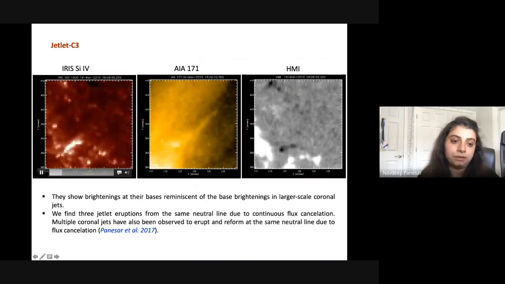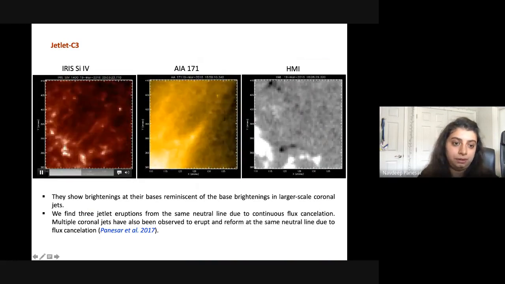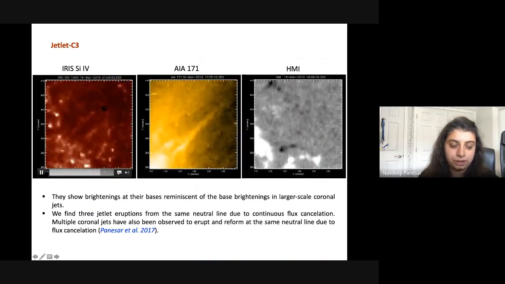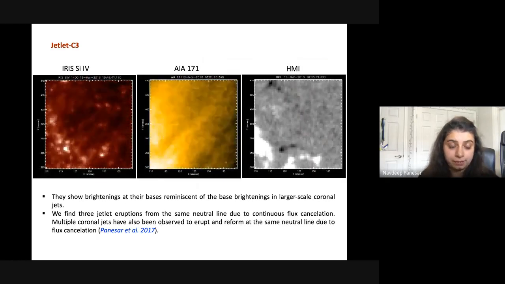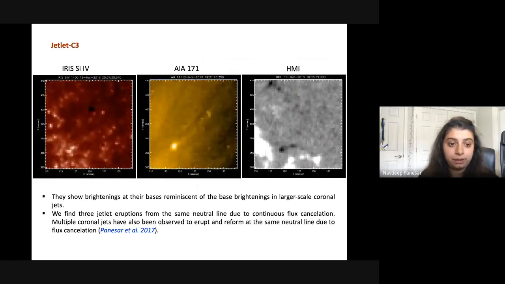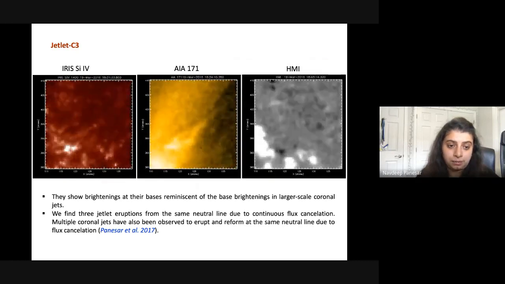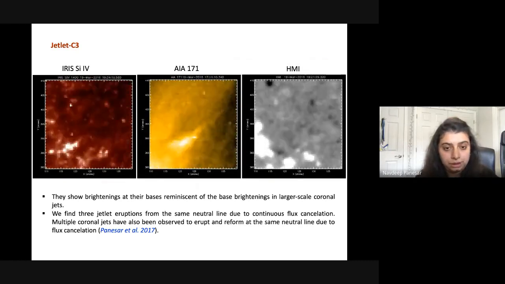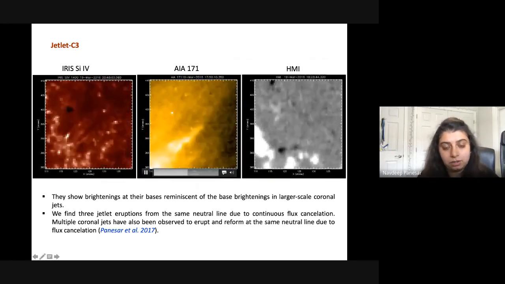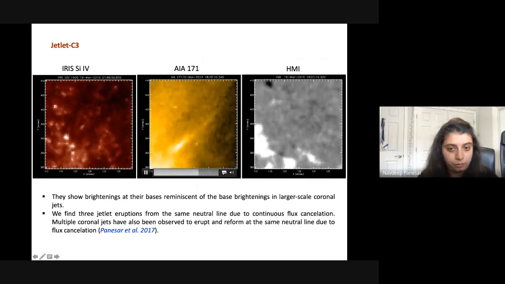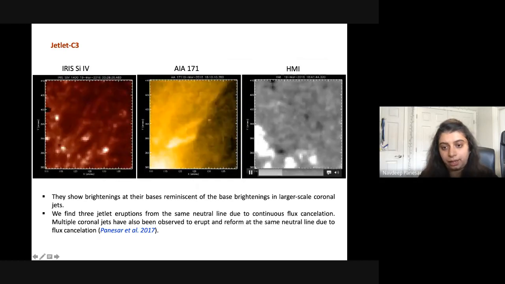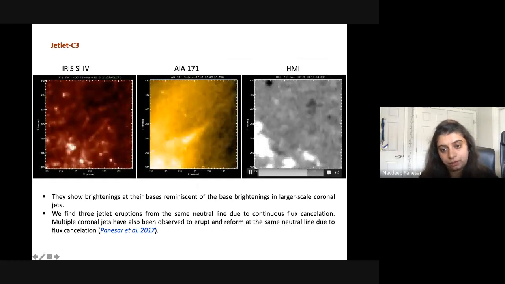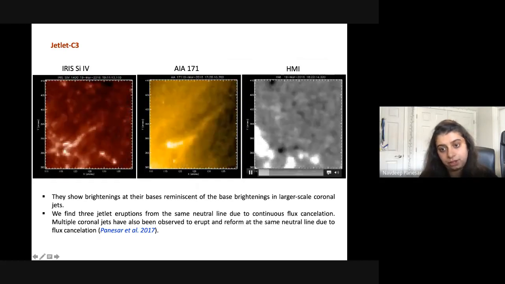During the onset of this jetlet, there are base brightenings at the base of the jet, as we see in coronal jets. So it seems that the base brightening of jetlets are similar to the base brightenings of coronal jets. At the same time, you can also see these base brightenings in AIA 171 images. This jetlet is rooted at the neutral line between the majority flux, which is positive here, and merging minority flux